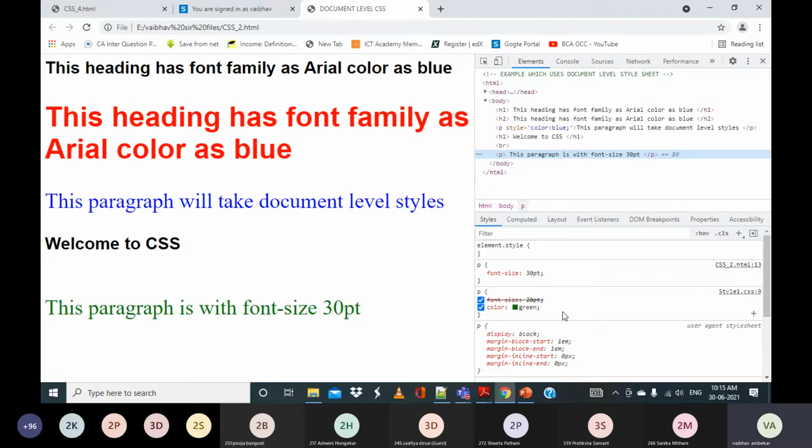Are we getting it, everyone? And what are these, you may ask? These are the default styles that will be considered by the browser. Usually, in the earlier examples in the first unit, we used paragraph, h1, h2 and so on, and there we didn't mention any of the styles.